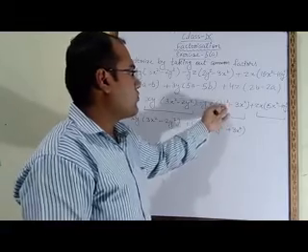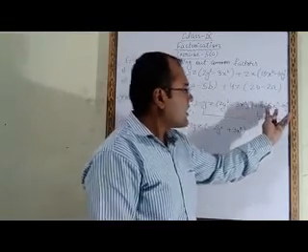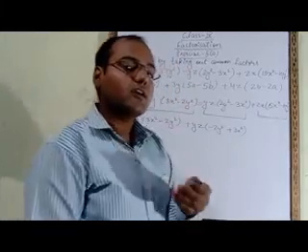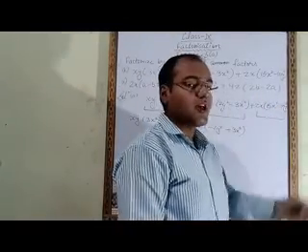But here 2y square and 3x square. So what we have to do? Here we have to take common. From 15 and 10 we have to take common. 15 and 10 both come in the table of 5.